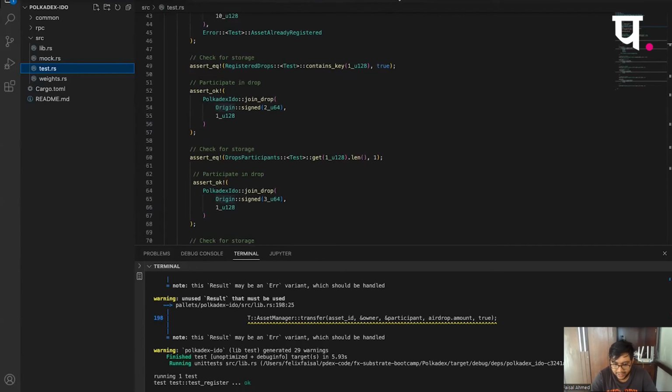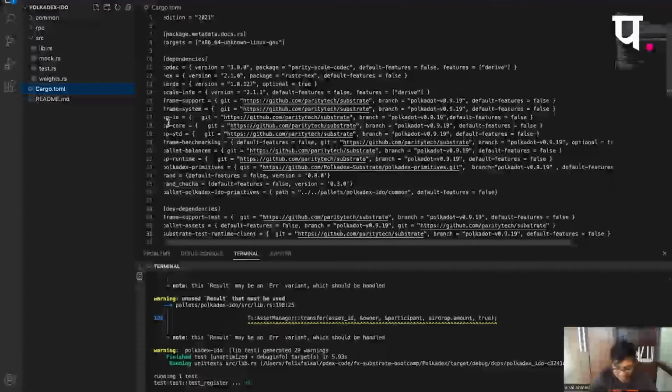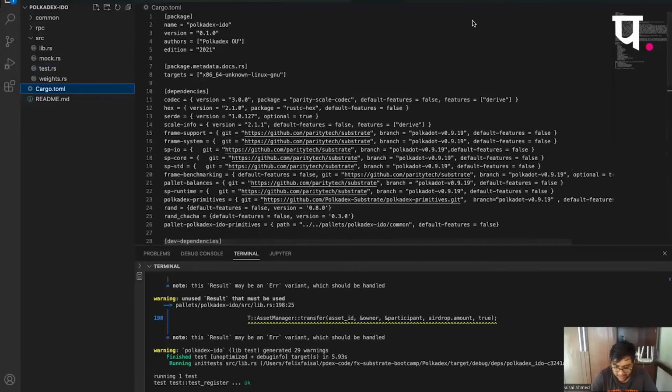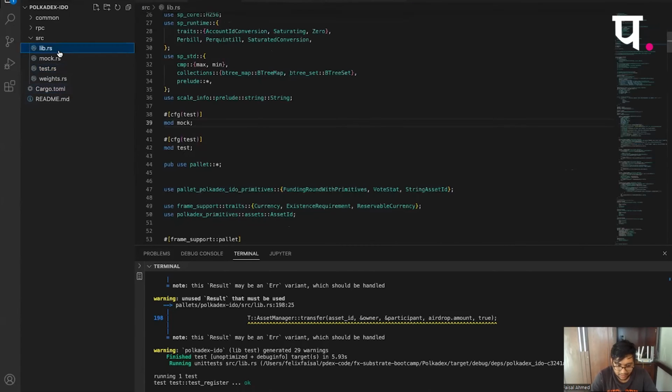Yes, so as you see over here, this is an old Substrate library that is 0.9.19, and I was just playing around with this quite quickly in the last 2-3 hours. I came up with this, so I think I will share this with the Polkadot India team in the next 2-3 hours, and then you can play around with it, try to do whatever you want. And the good thing about Substrate is that you can do whatever you want. So I think somebody else had a question, Gunjan.